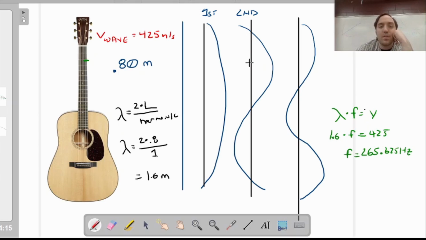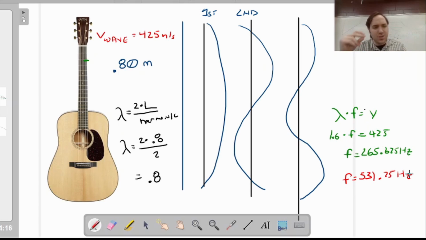If instead it was vibrating at the second harmonic, however, I would have to go through my calculations again, and I'll get a wavelength of 0.8, which, when I take it over here, would give me a frequency double what I had originally, 531.25 hertz. And this process of natural vibrations, that when you give something a little bit of energy, a pluck,